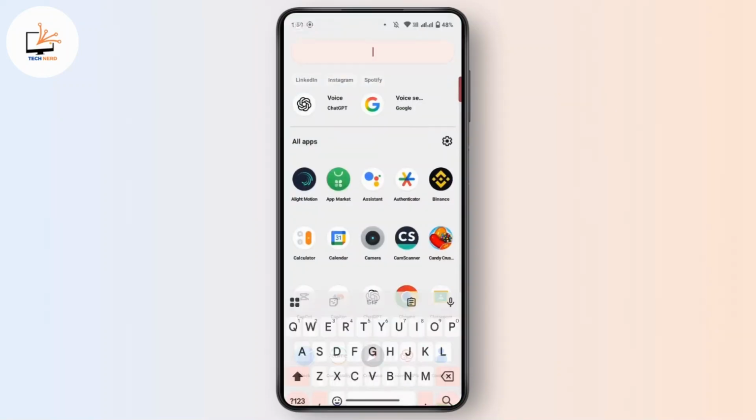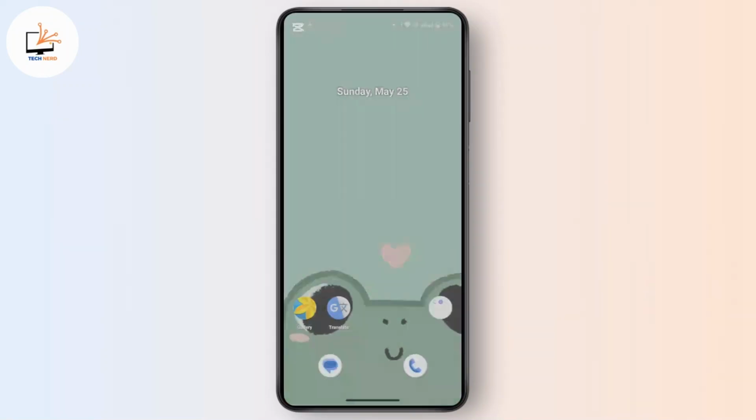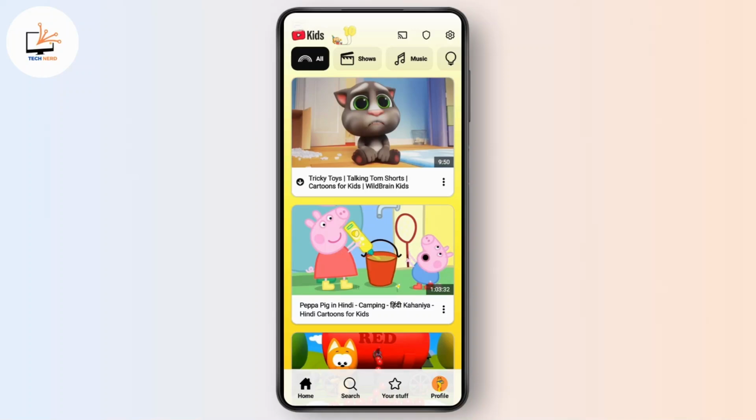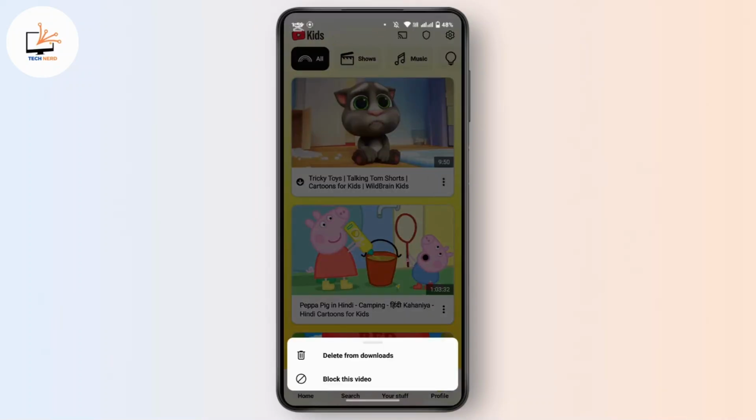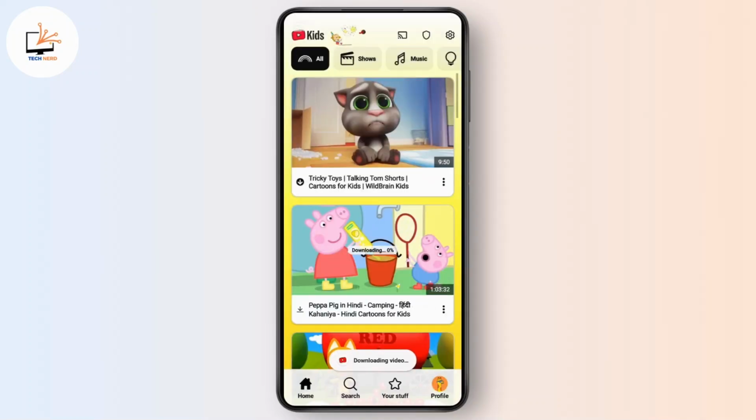First of all, you have to launch YouTube Kids on your mobile device. Now, in order to watch videos offline on YouTube Kids, first of all you have to download that video. So here, find the video that you want to save and watch offline. Next to that video, tap on this three dots icon here. You have an option as download video, so tap on download video and wait for a while until the